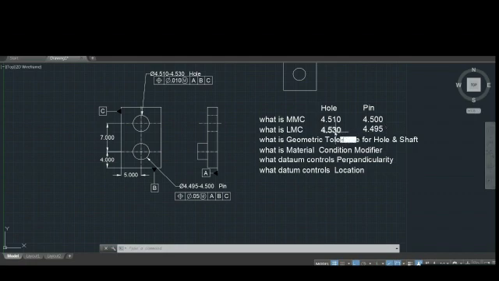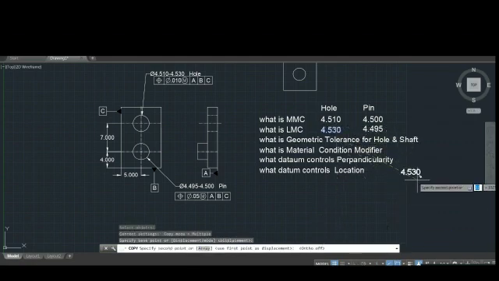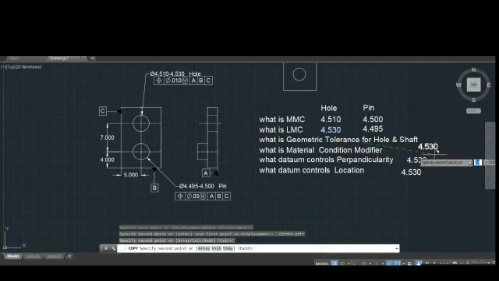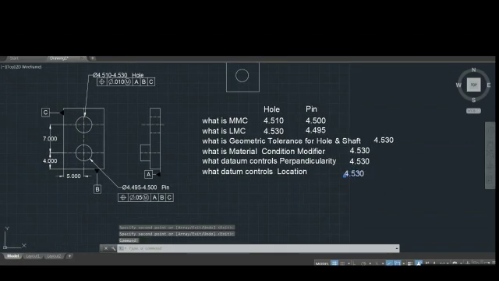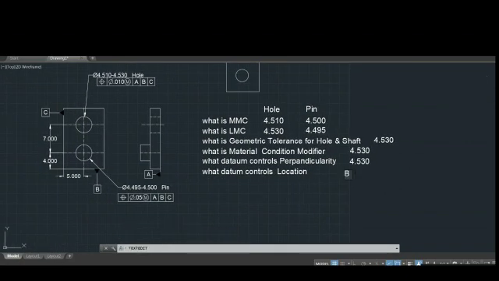So I will write down the answer. For controlling the location, datums B and C will be used.